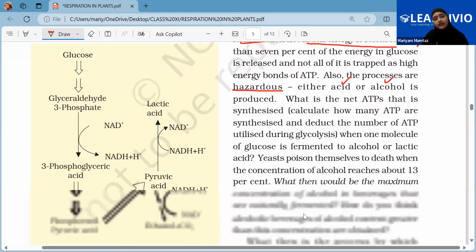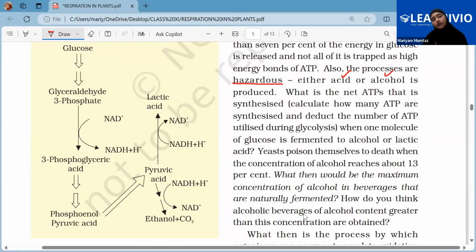And see this thing. The glucose, after getting converted into pyruvic acid, can either undergo lactic acid fermentation, because of which lactic acid will be formed, or it can go into ethanol formation, meaning alcoholic fermentation. So either alcohol or lactic acid will be formed. And in both of these steps, if you see, the NADH2 is actually being utilized to form NAD+. So energy is again being used only. It's not being released. Not much energy is released in this step.